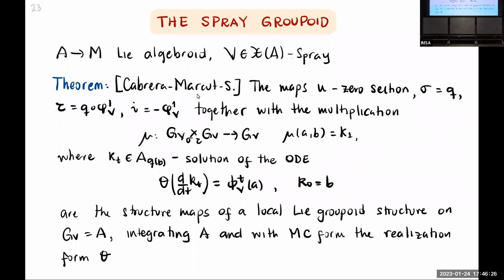So out of A, we produce a local groupoid that integrates my Lie algebroid and that only depends on Lie algebroid data and a spray. Okay. So